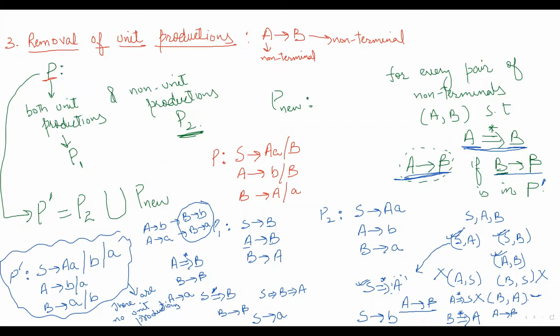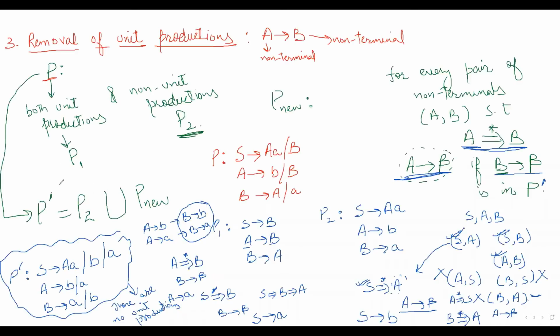Okay. So what we are doing here, we are first dividing these into two groups, unit productions and non-unit productions. We are adding all non-unit productions to the new set of rules, and then we are generating new rules, and those new rules are generated by keeping in mind this particular scheme. Okay, so with this, we have completed the simplification of context-free grammars. So let me repeat it here. Let me summarize it here.